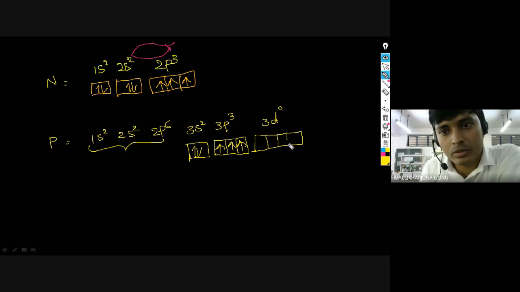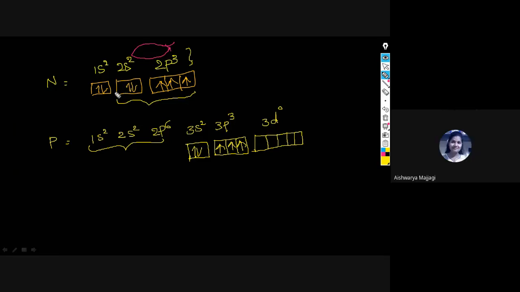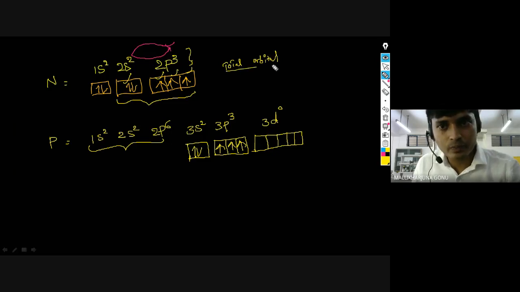Here what happens in the case of nitrogen, till 2p only it exists. The next, 2d, is not possible. The next energy level, 3s, is not possible. So how many outermost orbitals are here? Aishwarya, how many orbitals are here? Total orbitals. I am not asking about electrons. I am asking about the orbitals. How many total orbitals are here? 2, sir. Total orbitals: this is one orbital, 2, 3, 4. P is having 3 orbitals, right? S is having 1 orbital. So total orbitals are 4, in the nitrogen case.